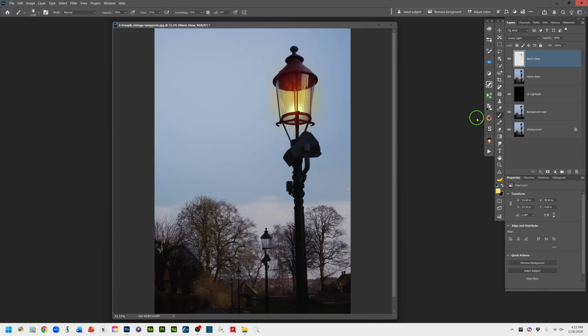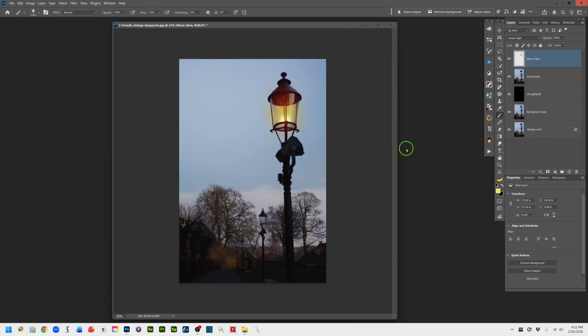Now, if you know how to create actions, you might be able to record an action for the first one and then just build in stops so that you can adjust the sizing where you need to adjust the sizing. But if you don't know how to do something in that record an action, then you're going to have to manually go through those same steps for each of these lanterns to light them up. So that is, let me show you then here where we've gone from the original to the lit lantern